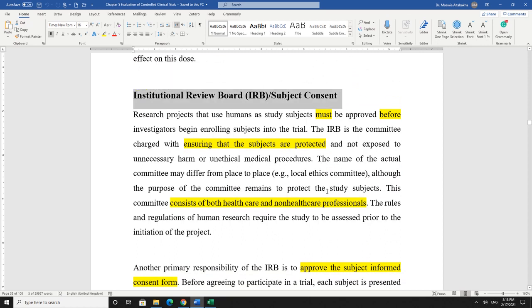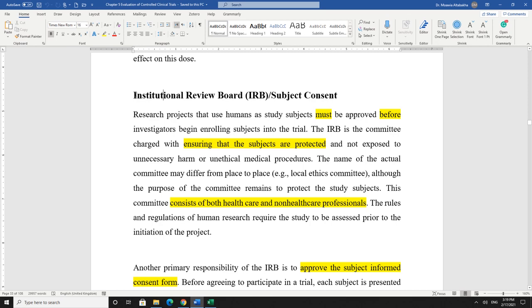Okay, Institutional Review Board and Subject Consent Form. Now, before you start your clinical trial and before you recruit any subject, you should apply for ethical approval. This ethical approval is applied to the place where you want to do your trial, for example, hospital, university, etc. And